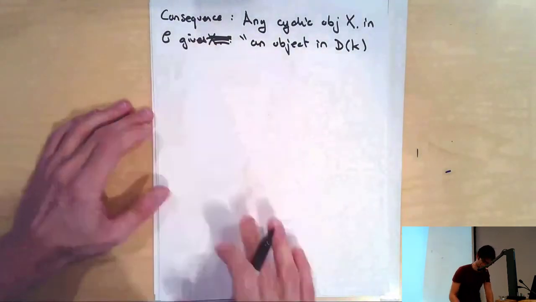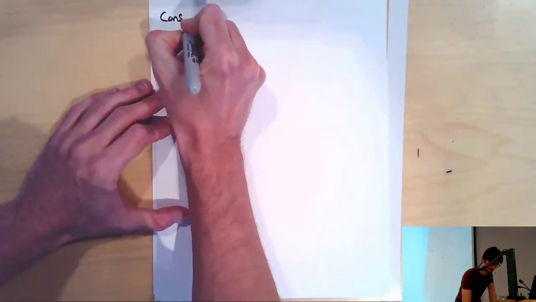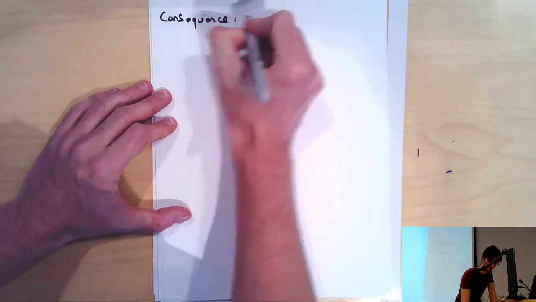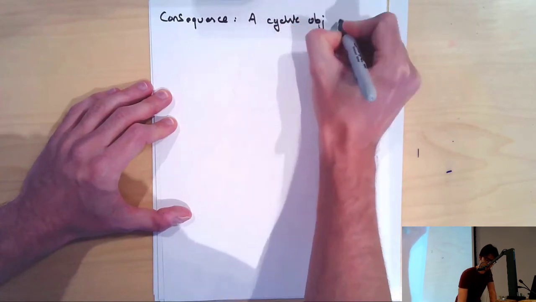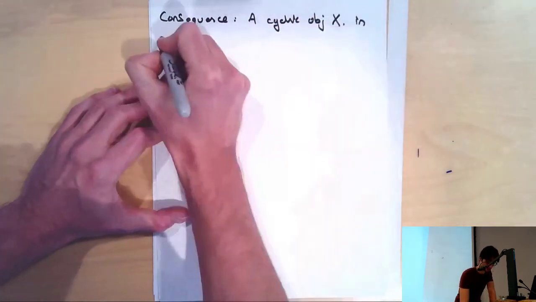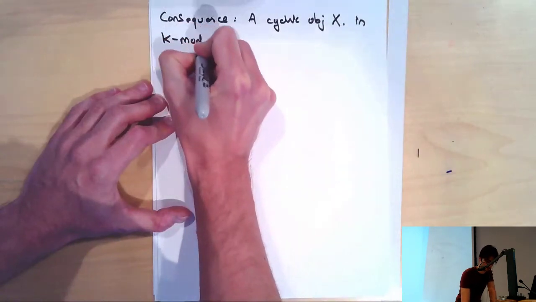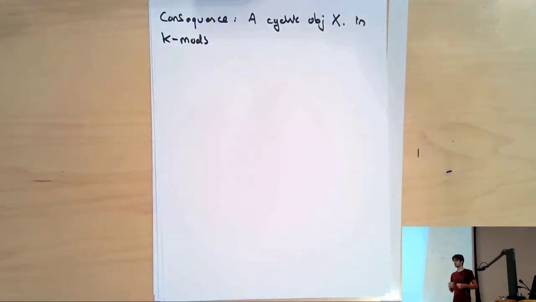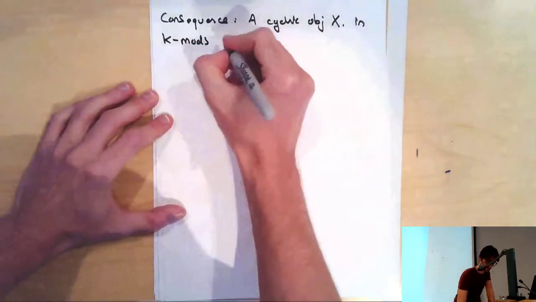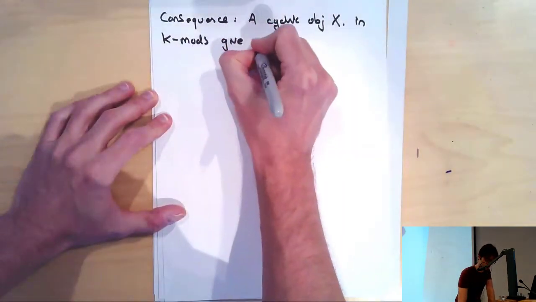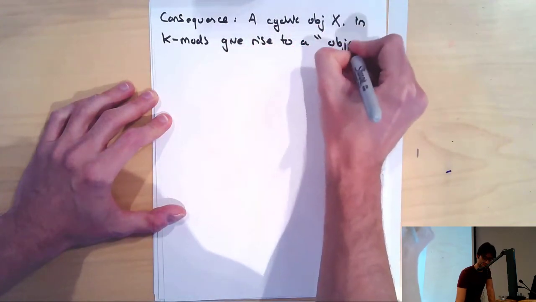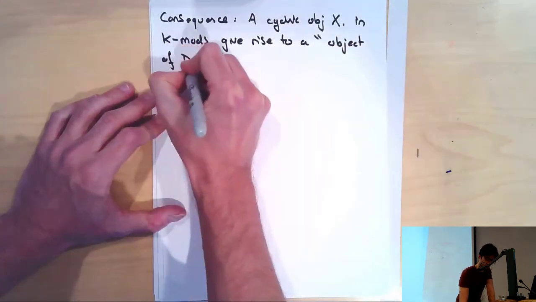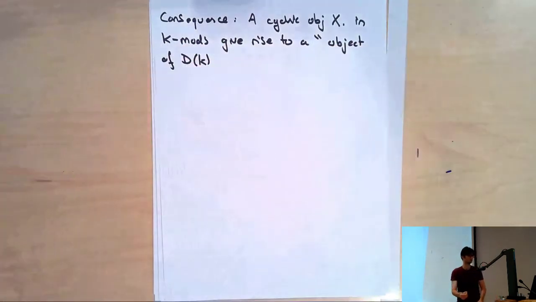So I've made this a mess. Let me start this one again. So here's the consequence where I've got my categories right. So if I have a cyclic object, x blob, I don't want this to lie in any category, let me take it lying in K modules. That's the kind of case that we're familiar with from the Hochschild complex. A cyclic object in K modules gives rise to an object of dk, that is to say, just a complex